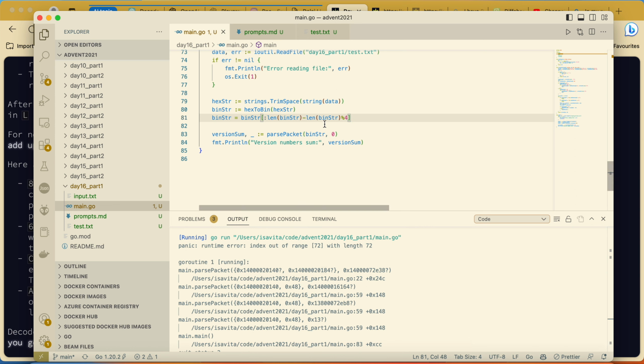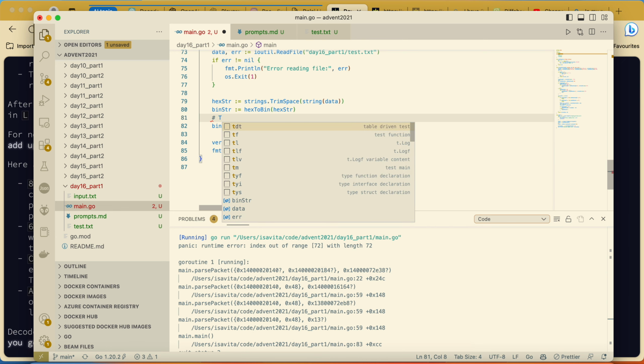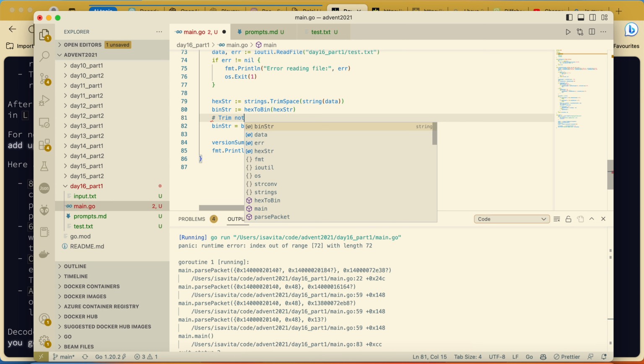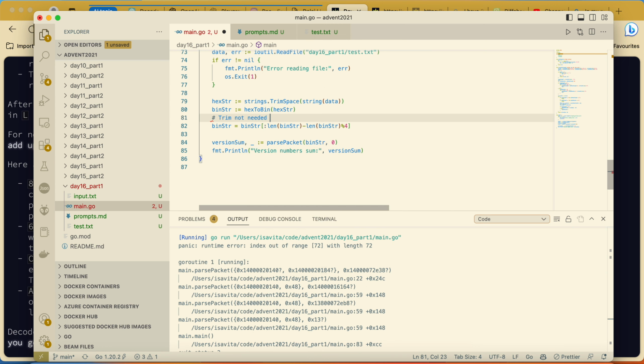That's simply to trim the not needed 0 bits at the end.